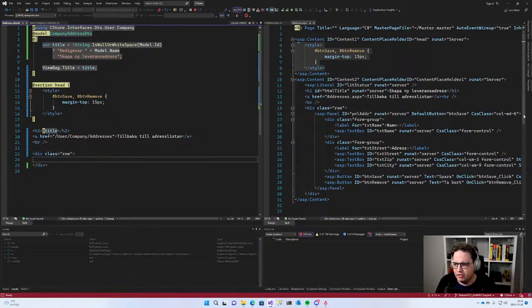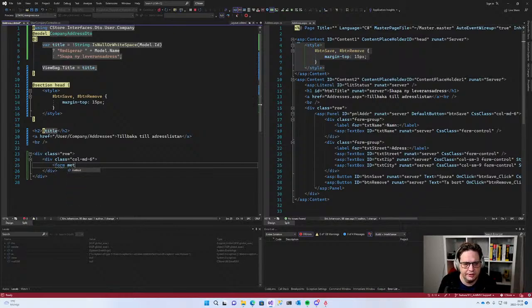So we have a panel here. I'm not going to be dealing with that, but let's start off with a div class col md6, and then we're going to add a form. Method is post, and the URL is this page. That's fine. All right, let's add some hidden stuff first,